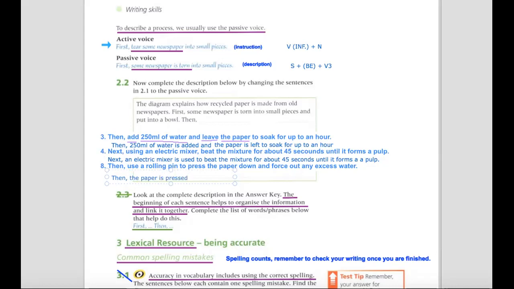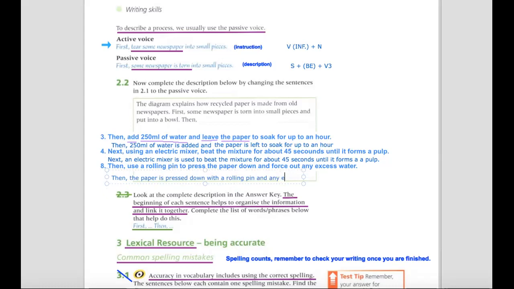Then the paper is pressed down, and we can use with a rolling pin. Okay, so if you said then a rolling pin is used to press down the paper, that would be fine as well, but we can change the structure and use "with" instead. Okay, so then the paper is pressed down with a rolling pin, and